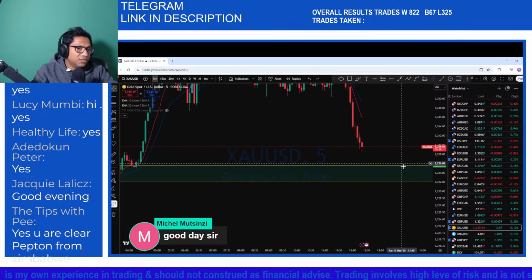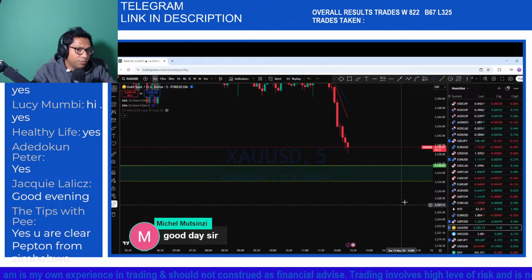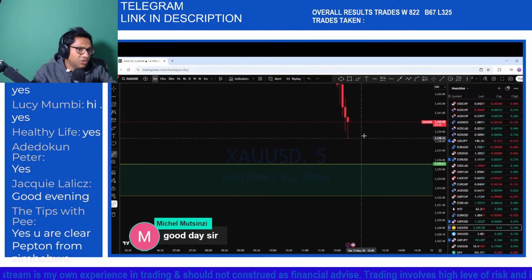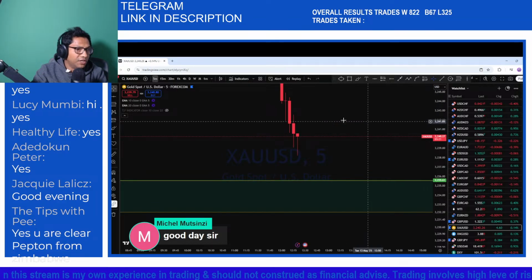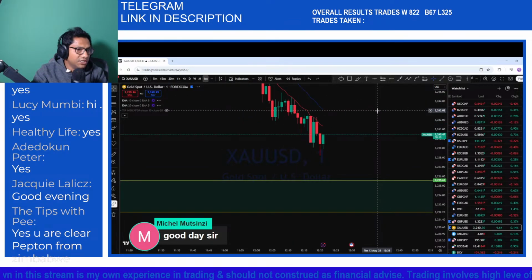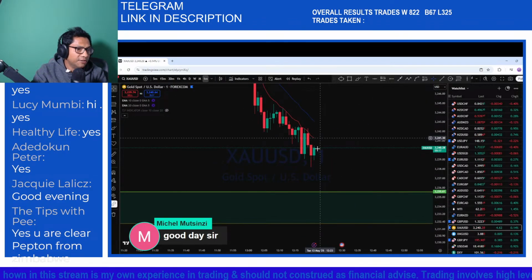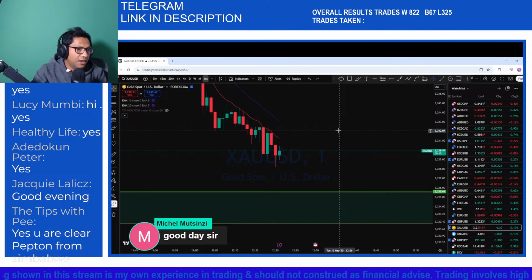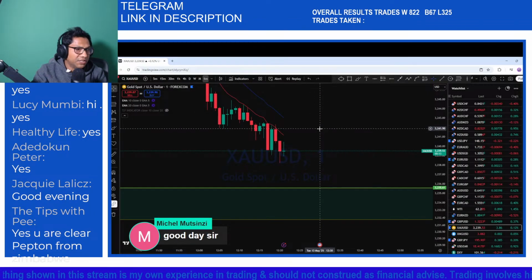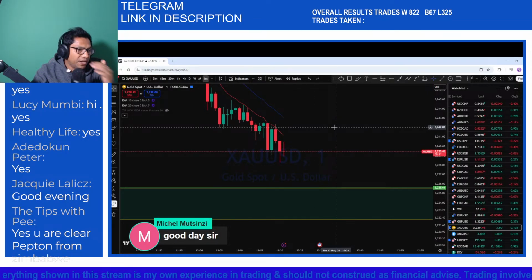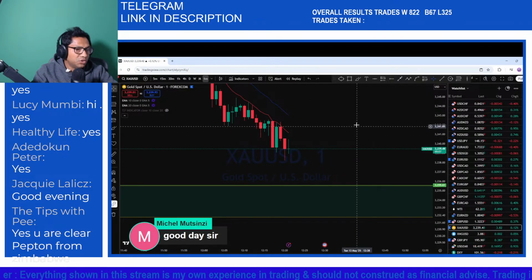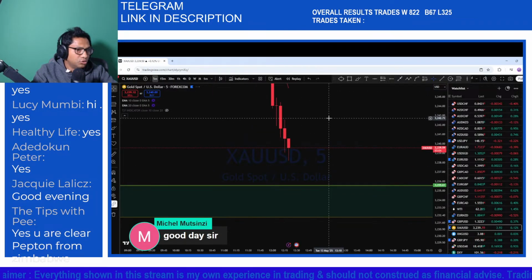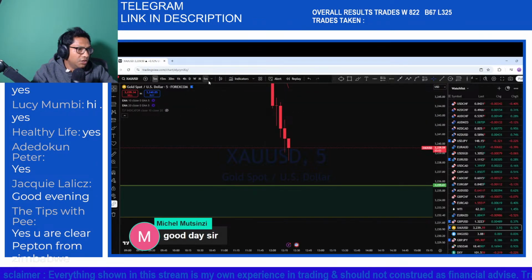So looking at 5 minutes also, which is showing significantly bearish price action. Now for me to look for potentially a sell entry here for a possible drop in that market. So we would like to see that on the 1 minute chart. You can see it is currently forming bearish price action here in that area. So expecting a possible bearish move here. So waiting for the market to show potentially a